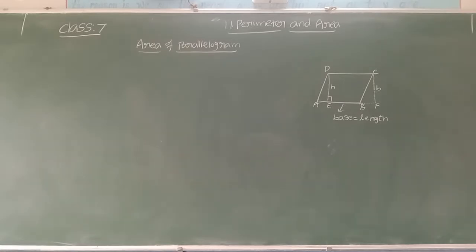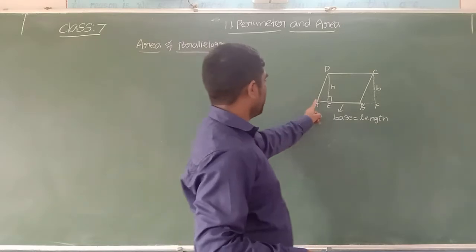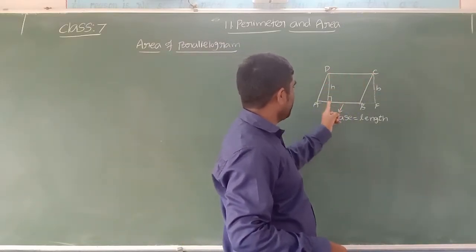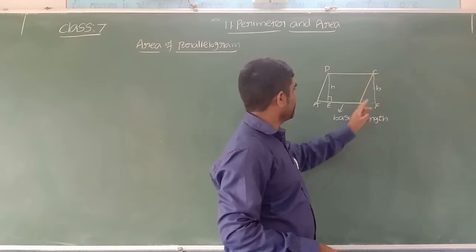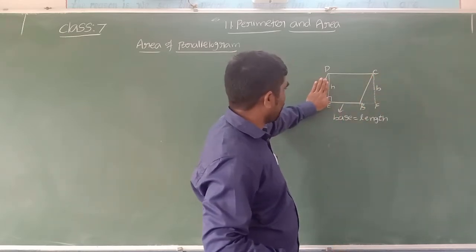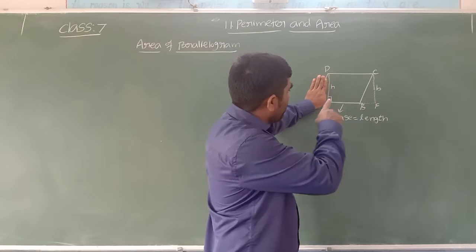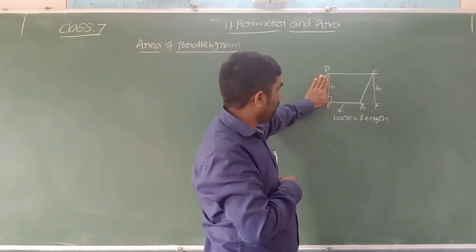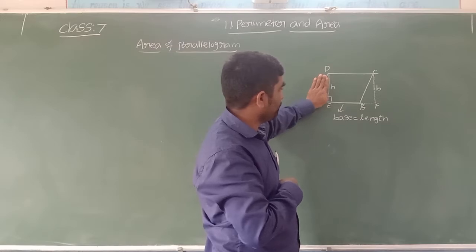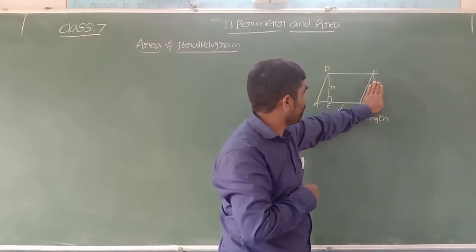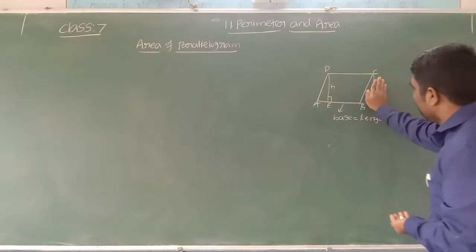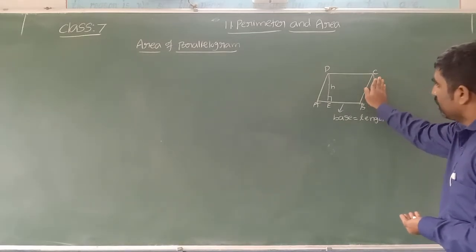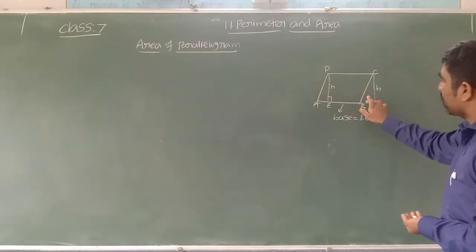Children, you can see here we have one parallelogram ABCD, and also we have a rectangle DEFC. This portion is not there in the parallelogram, it is in red. Now if we except this remaining portion, it is rectangle DEFC, and except this portion, the remaining ADCB is a parallelogram. And you know these both parts are congruent.